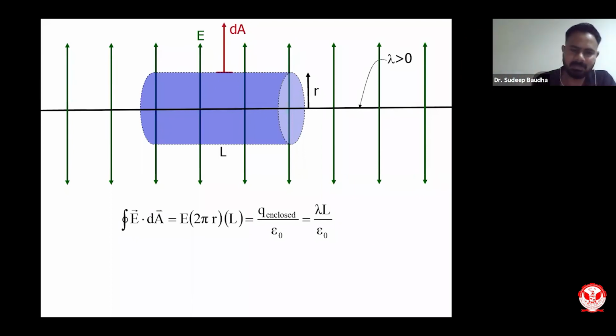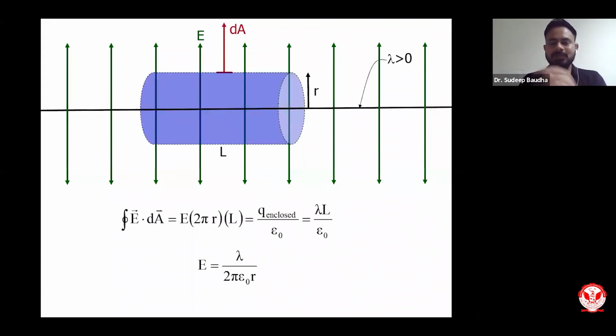In this case, I am writing straight away that the electric flux will be equivalent to E 2 pi r L. So r is the radius of our Gaussian cylinder, L is the length of the Gaussian cylinder, and Q enclosed upon epsilon naught will be the total charge. What will be Q enclosed in this case? This will be lambda, which is linear charge density, into L. So we are talking about this length L. This much amount of charge will be enclosed. I can write it in terms of this value, so lambda L upon epsilon naught. You can straight away get E equals lambda upon 2 pi epsilon naught r.